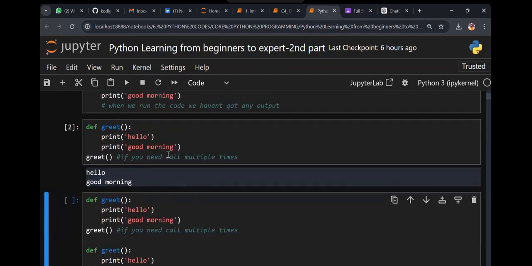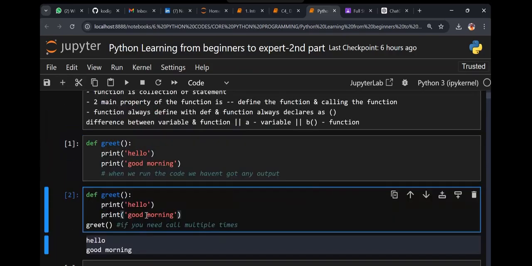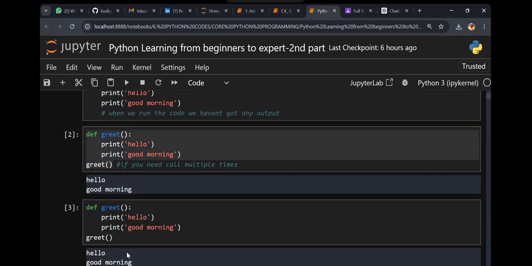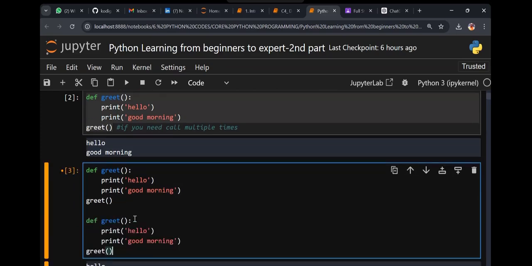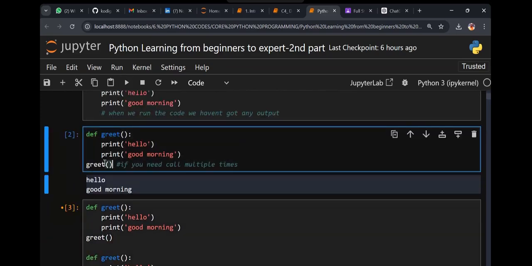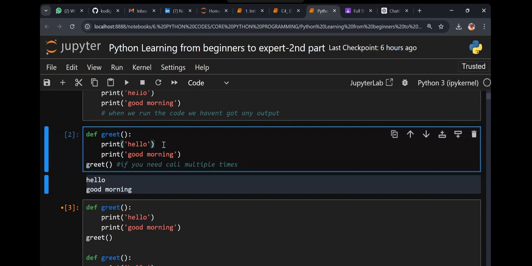Are you guys clear? Now there are 4 persons. You have to say good morning 4 times. So how many times did I call? How many times did I call, guys? Only 2 times, right? I want to call another 2 times. Just copy and here, and here. So now what happened? If I execute, team, do you understand, offline guys, everyone, non-technical guys? What is the syntax? Define the function, write a statement, call the function.